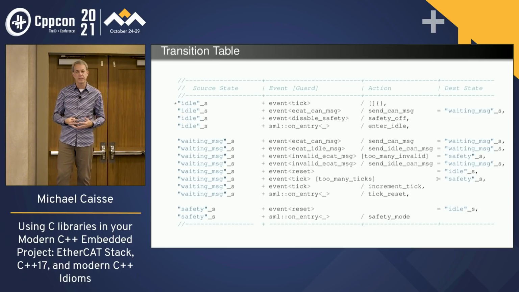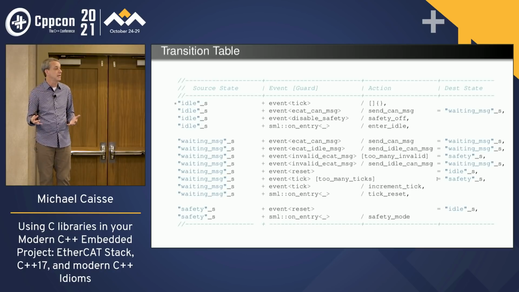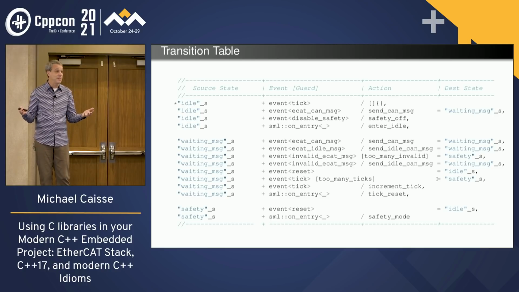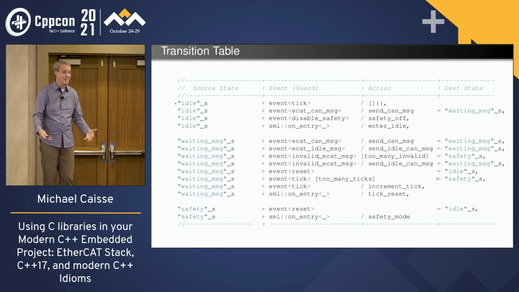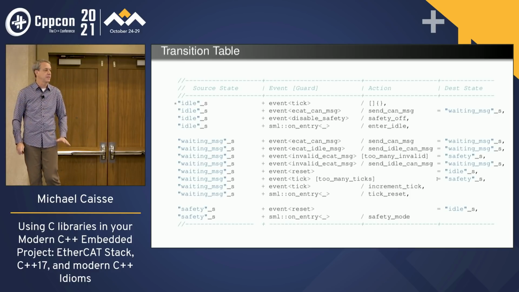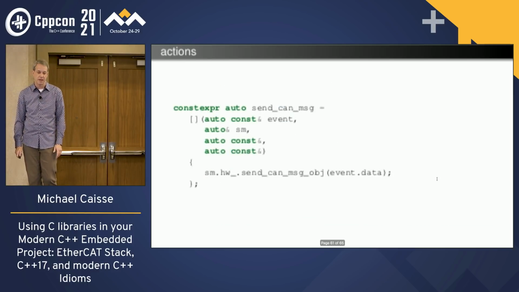Those are internal transitions. They never exit the state, which means that exit code wouldn't be called and entry code wouldn't be called because it never left. The idea of entry and exit code allows us to set something up so that every time you arrive back into the idle state, you better be in this particular hardware state also. Things better be in a certain spot, as opposed to littering that around on transitions and possibly missing it when you come back in.